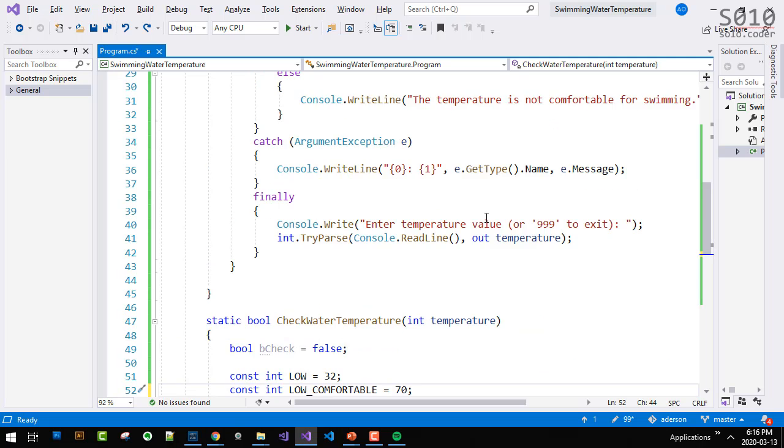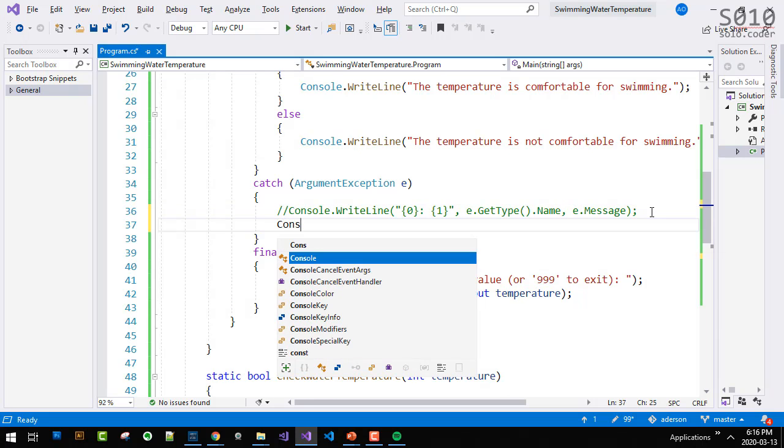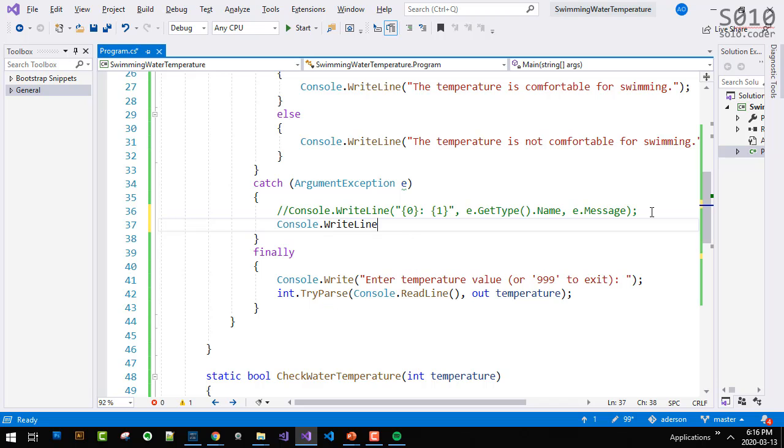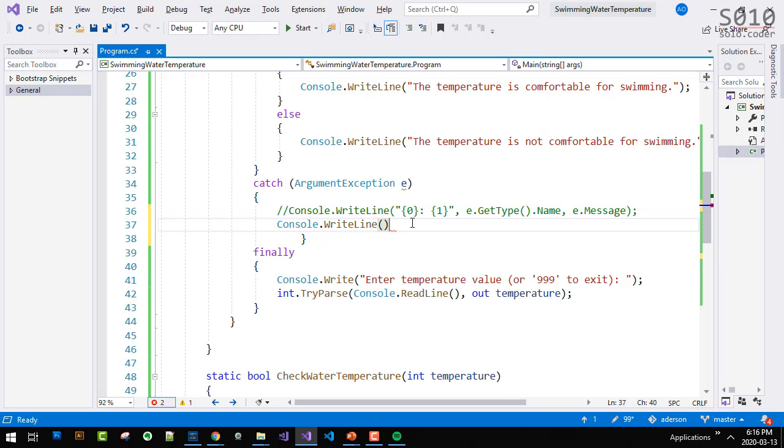Here in our code, in the exception, let's change our exception a little bit to say something like this. We're going to say Console.WriteLine, sorry, not like this. Okay, if I can type. I'm going to say error details, just to show the differences there.